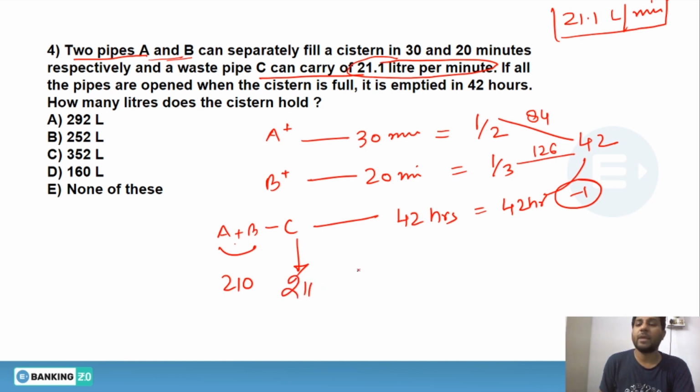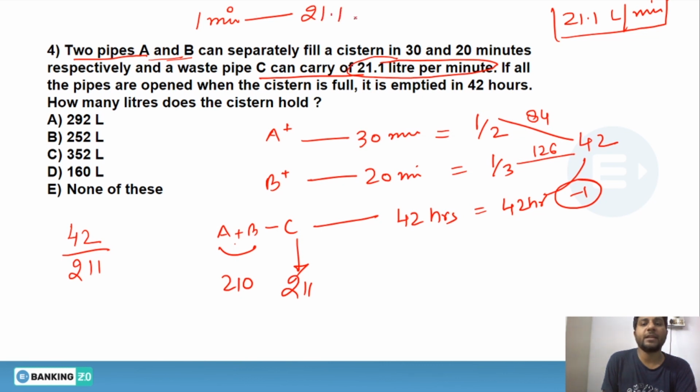That means only -1 will arise. That means C's efficiency would have been 211. Alright, so if C had to empty the whole tank, how many hours should C have taken? 42 by 211. And as you know that the original efficiency of C has been given, that means in 1 minute it can empty